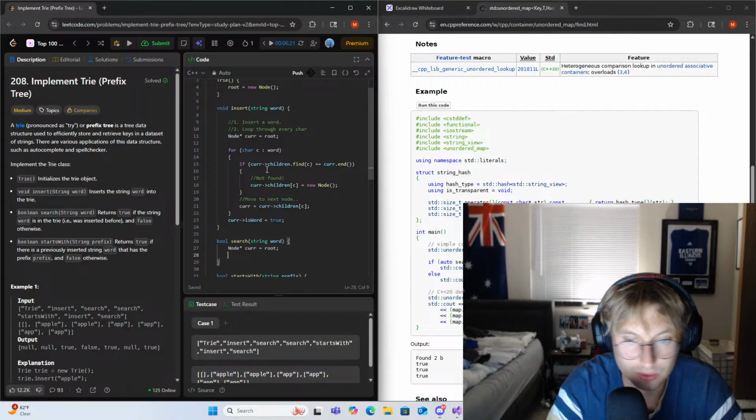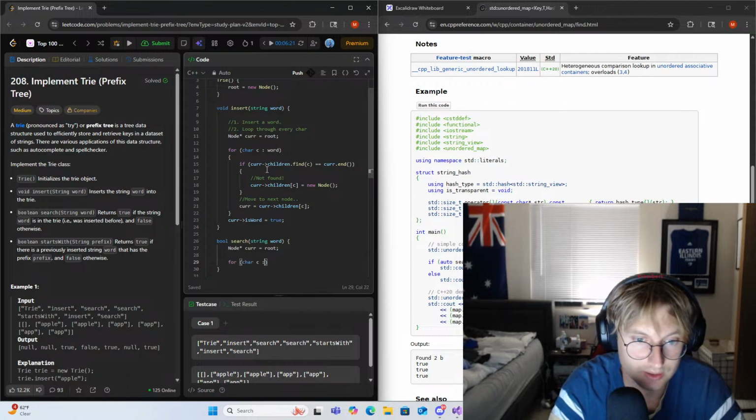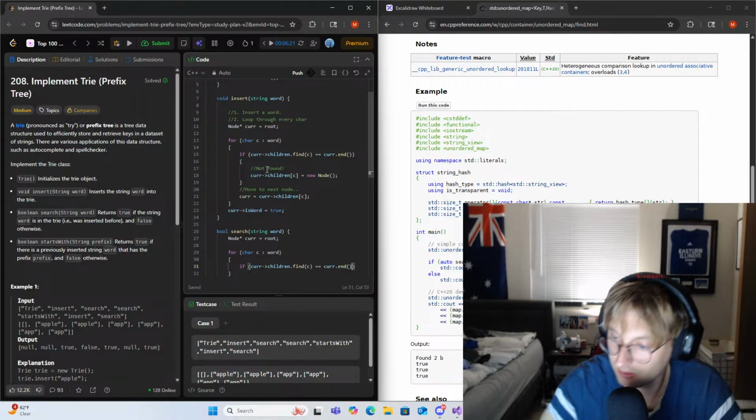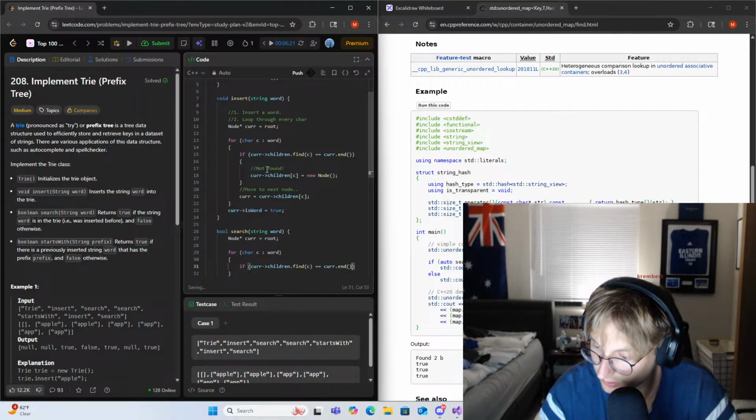We make it equal to the root, right? We then want to loop through every single character in word, right? Then we want to check, okay, well, if cur children.find C is equal to cur.end,